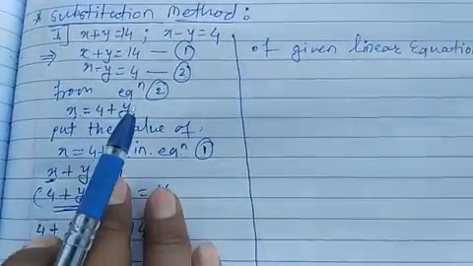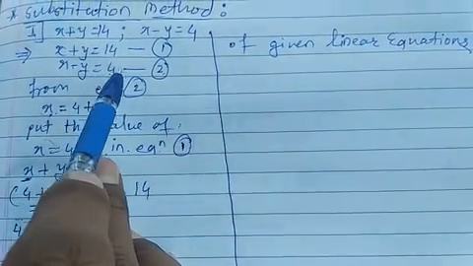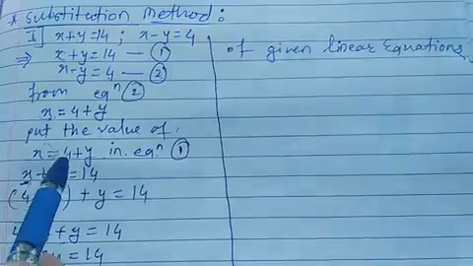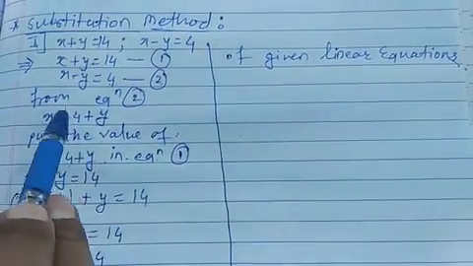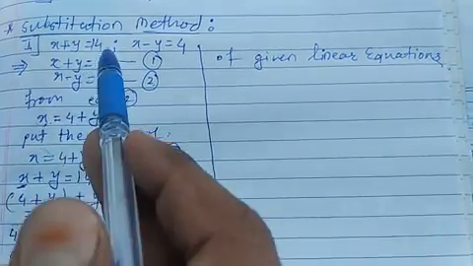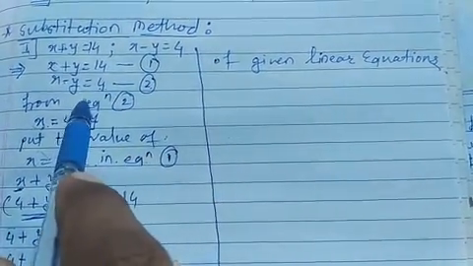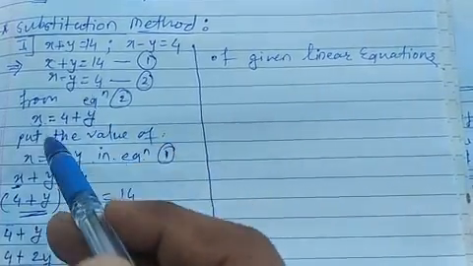So this is nothing but the substitution method, that is, convert one equation in any one of the variables. Whatever the answer that we are getting, put the value of that variable. Here we have converted in terms of x, put this value in equation number second. Convert any one of the equations in any one of the variables, and put that value in the other variable. You will get the answer, and that is nothing but the substitution method.